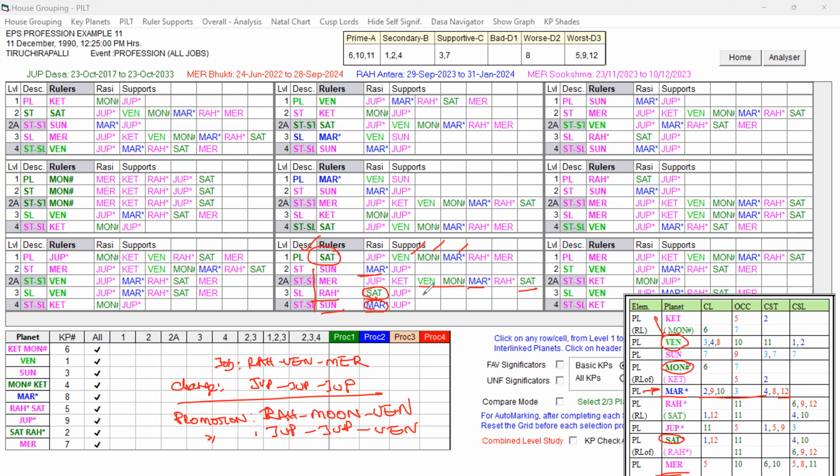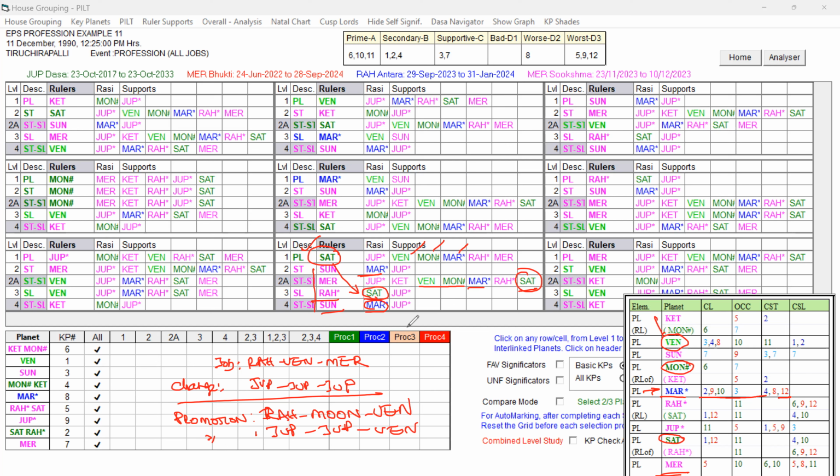It is under the influence of all other favorable key planets in support. Saturn is here, and the star level planet is having Mars, and the 2A level planet is having Saturn and Venus and Moon, and the sub level planet Rahu itself is Saturn. So they are all favorable. So now we have studied the destiny planet. So destiny planet unfavorable or change-causing key planet, these pink shades, right? So that we can easily refer here.